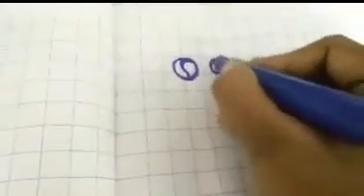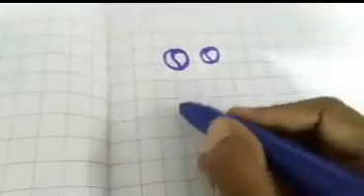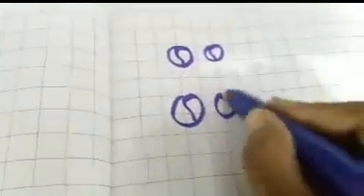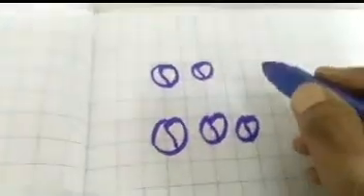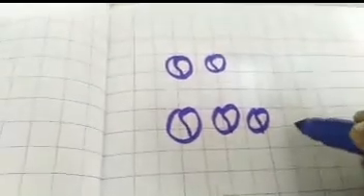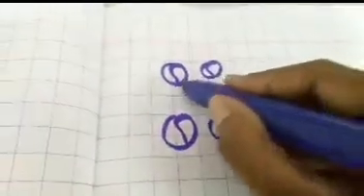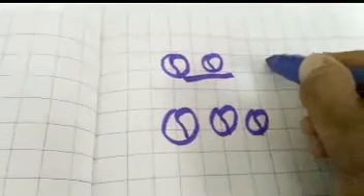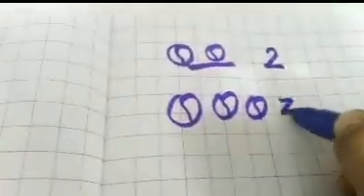So I am going to explain the concept of small and big number. If I take two balls over here and three balls over here, and I am giving two balls to one kid and three balls to another kid, which number will be smaller or which number will be greater? This is two balls, one ball is less. So I am going to write 2 over here and 3 over here.